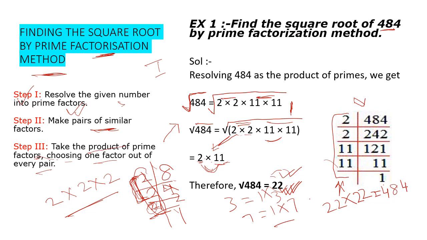For example, I can show you here. When I was trying to pair the prime factors of this 8, I could pair only two numbers, but I cannot pair the remaining 2. This 2 is left out. I cannot pair it with any other number. So this number will not be a perfect square. And you know that 8 is not a perfect square. Remember, 8 is not a perfect square of any number.